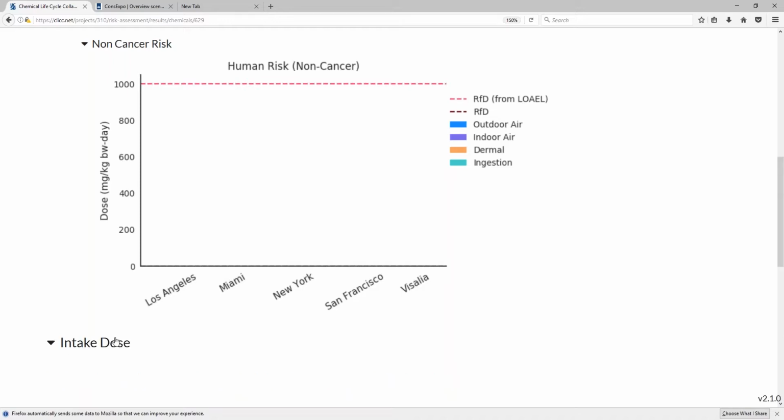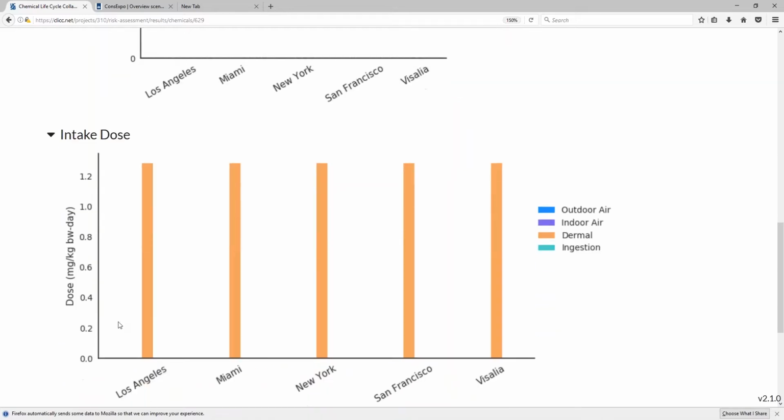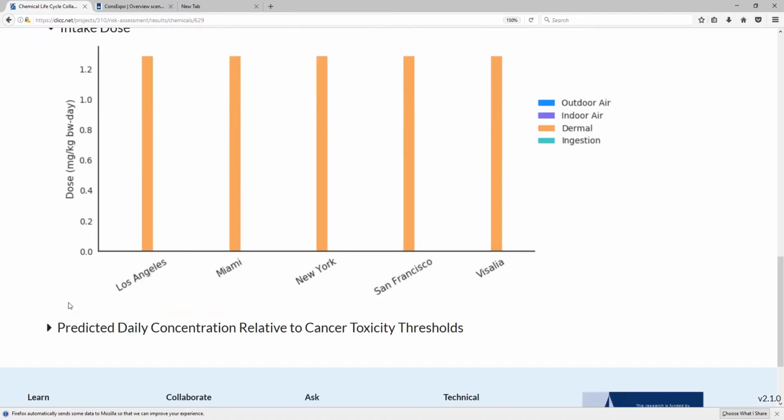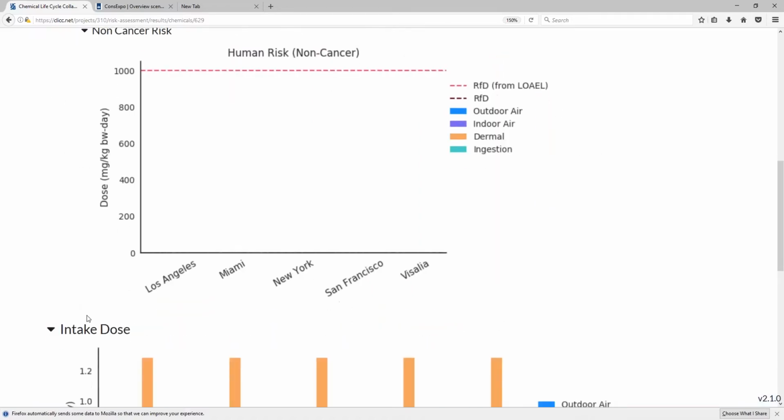And then the intake dose, this would be the intake dose. Not surprisingly, the biggest exposure would be dermal. Had we run the indoor, we did run it before, Catherine, and there we showed that it was very, very tiny, so not a significant one. And then the predicted cancer. We can go back to the